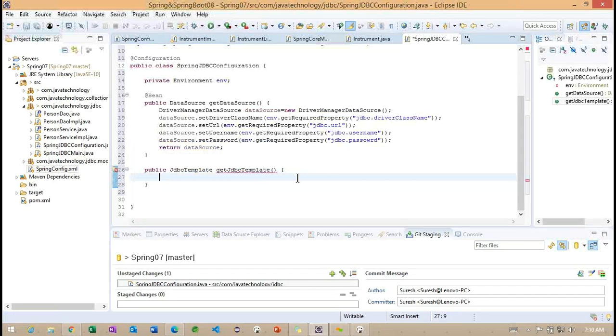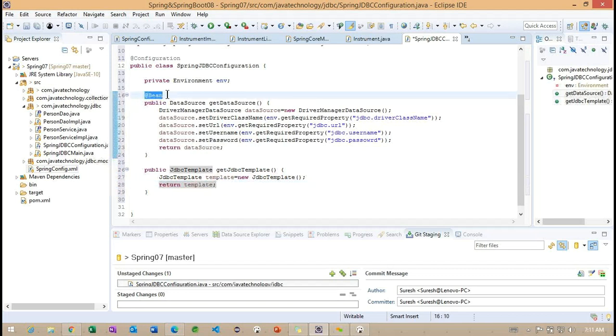So observe JdbcTemplate: template equals new JdbcTemplate, and return template. I'm trying to make it a bean with the @Bean annotation.